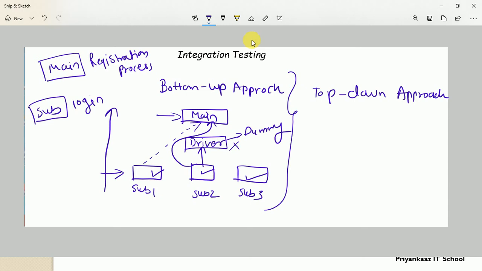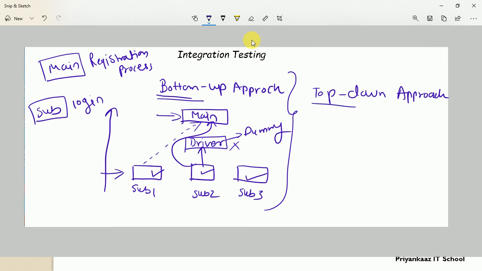A driver is a dummy code, or temporary code, developed instead of the main module, the main functionality. And by whom is it developed? Of course, the driver is always developed by a developer. Clear? So here we can perform only the integration task, or integration testing task. We can test the relationship between these two modules, but all the supporting tools and supporting code are developed and prepared by the developer. So this is all about bottom up integration testing.